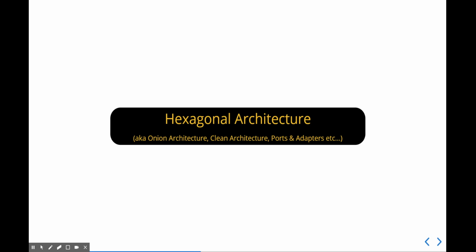And so I'm kind of going from the low level to the high level, design and architecture. So at a higher level, looking at hexagonal architecture, that's what I'm going to get into in the next slide. Hexagonal architecture has other names like onion architecture, clean architecture, ports and adapters, N-tier. It's got a lot of names, and for the most part, these are all pretty much describing the same thing,